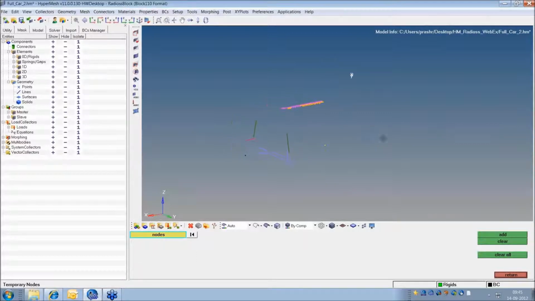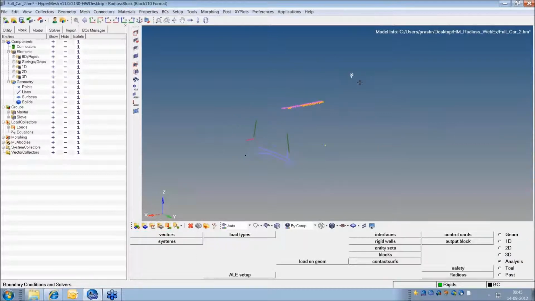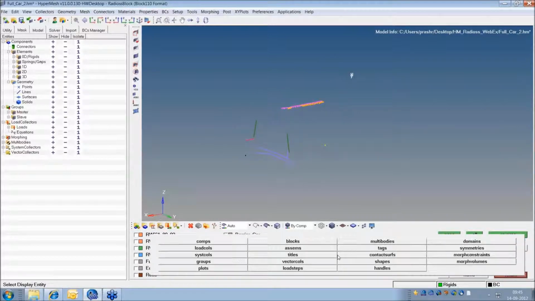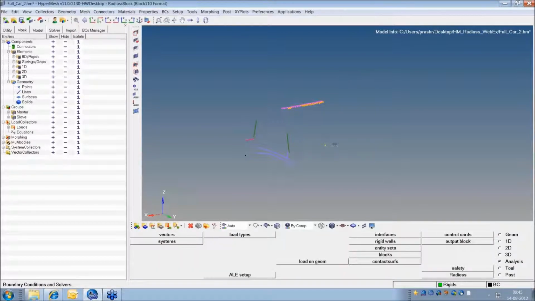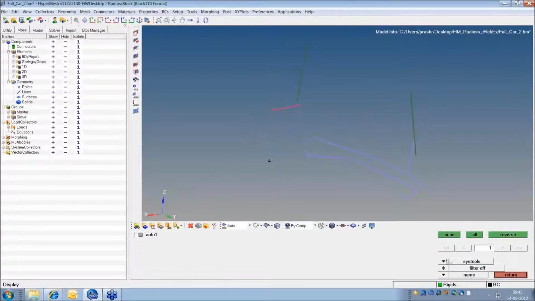Clear. Okay, I can switch off the system as well. System collectors none, just not to have any unnecessary thing on the window. And I'm seeing a load collector, so I'll switch off the load collector as well. Okay.